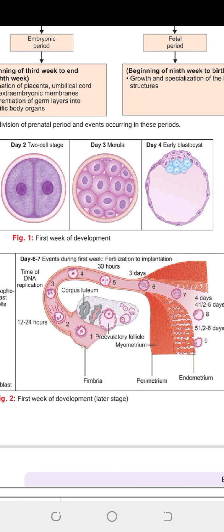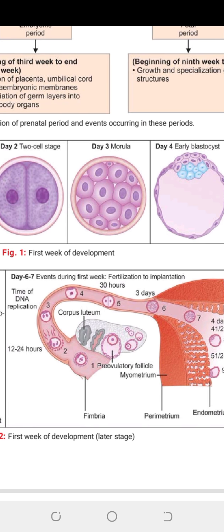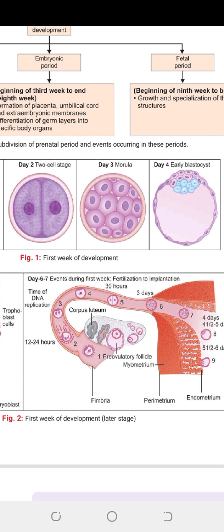and you can see as soon as the morula enters the uterine cavity, it also loses its covering. As you can see, this lining with thick covering, it loses its zona pellucida,